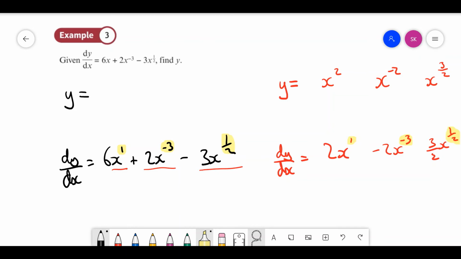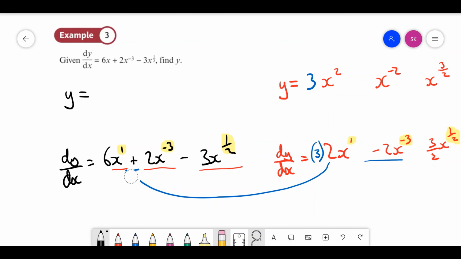But the constants are not correct. So I now have to ask myself, what do I times 2 by to make 6? Times it by 3. Which means this over here needs to be 3x squared. What do I times negative 2 by in order to make it